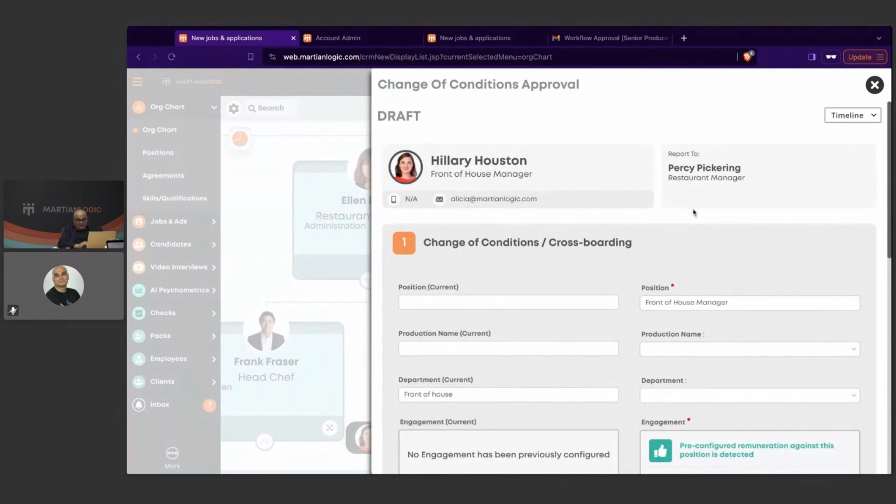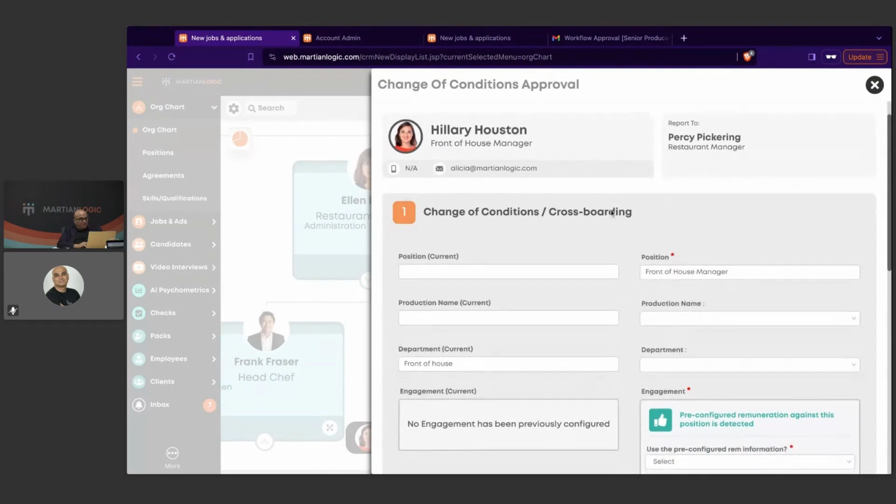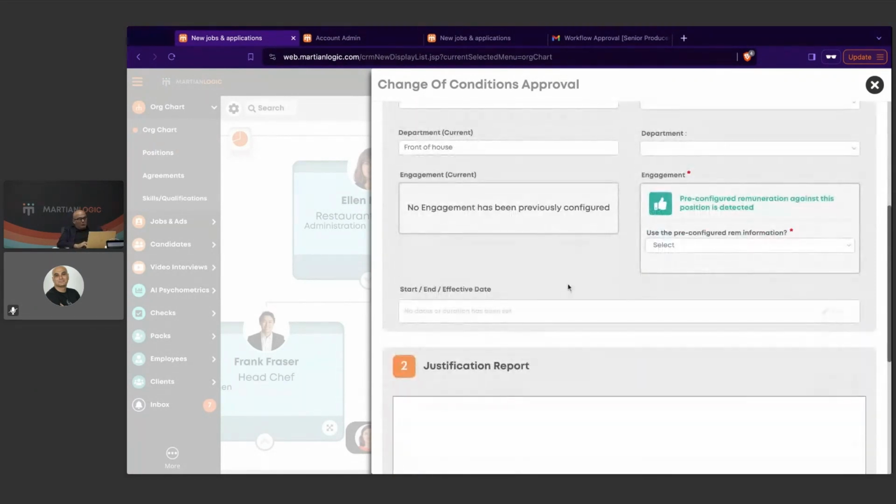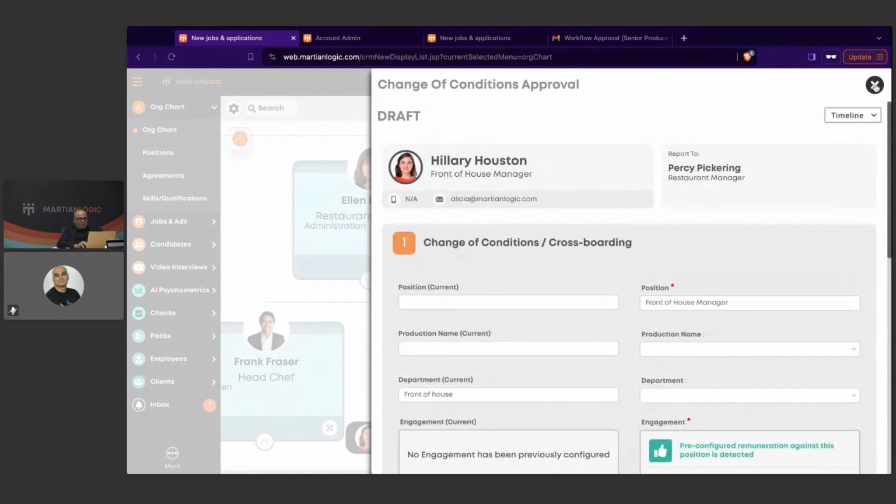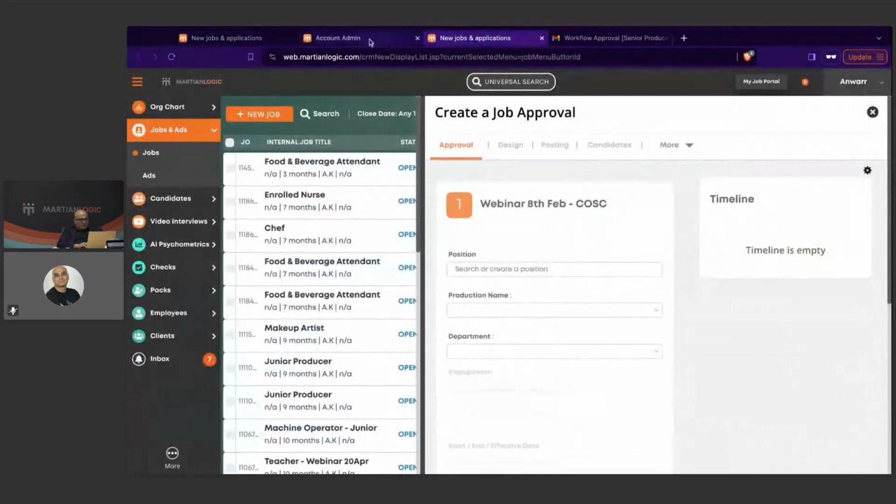To your point still, we should probably highlight it to the approver. They need to know, listen, this is actually maybe a bit more significant because it's changing the reporting line. Although we have it there, maybe it can be more highlighted, to your point. And as I said, I'm still acknowledging your point in terms of if you're not using the org chart, you don't have all that, in a sense. We will go through that scenario, but what we'll do, we will go back to the